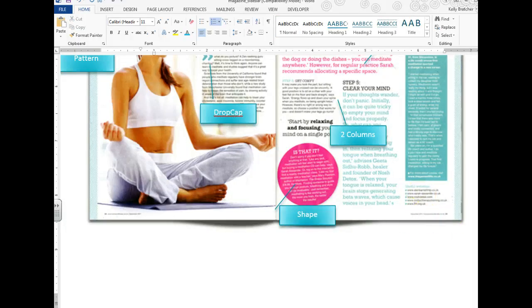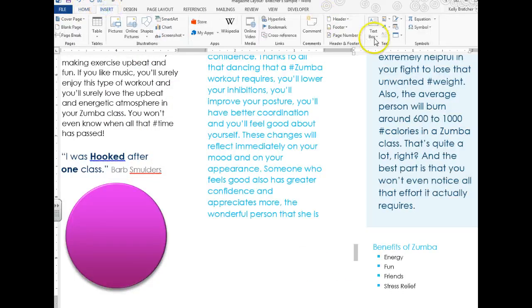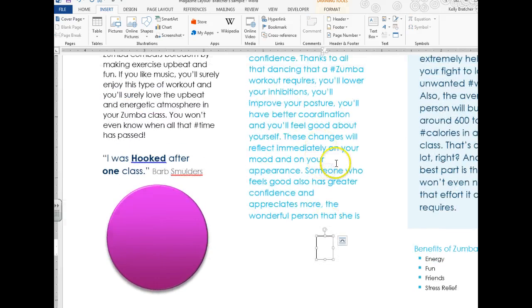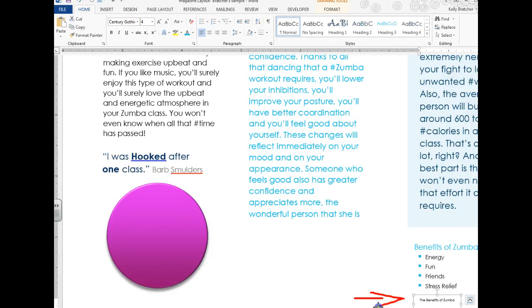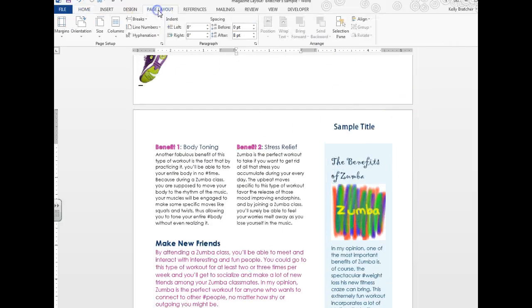And I need one more little line of text at the bottom. Go ahead and do another text box there. Draw a text box. I'm going to go ahead and get rid of the outline and you can see right here that I added a small text box with the title of the article. You can even add a page number. And one of the final steps was to go ahead and get text added to this, and I just used the text box. I already showed you in video 1 how to add the background, so that was page layout,